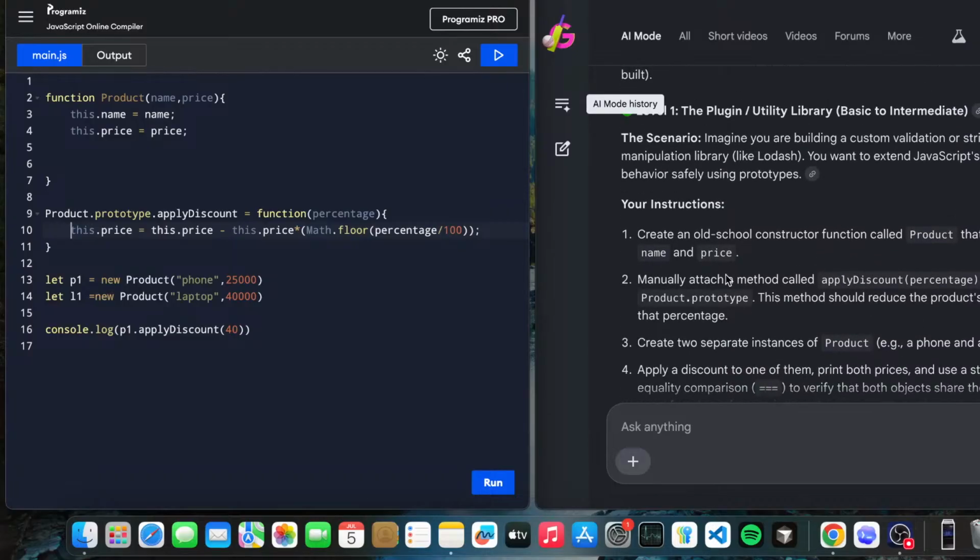Should it return something? This method should reduce the product price by the percentage. Okay, let's do nothing here for now.